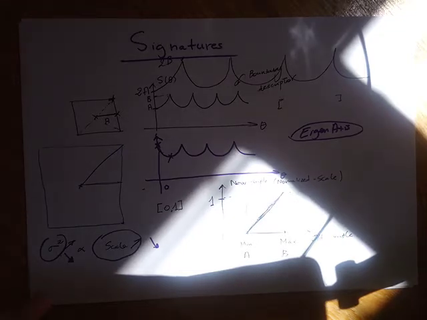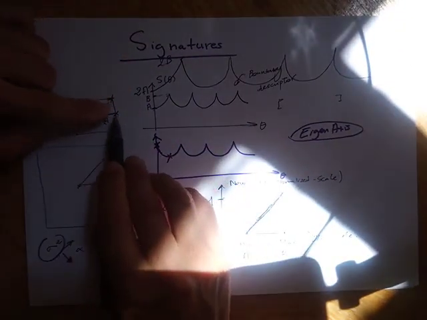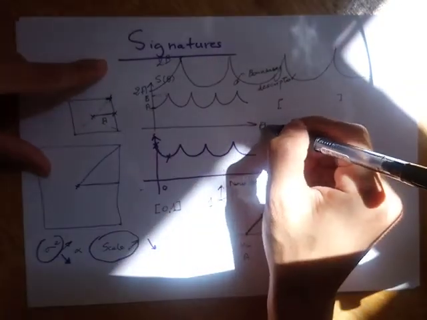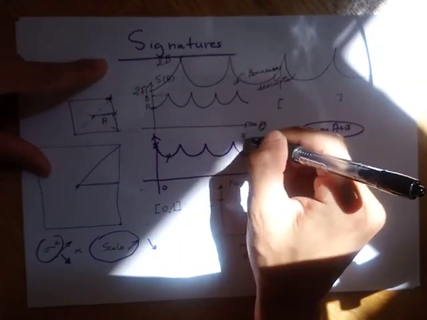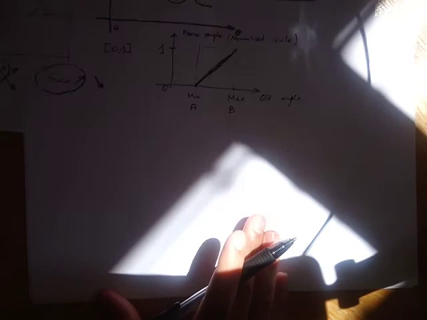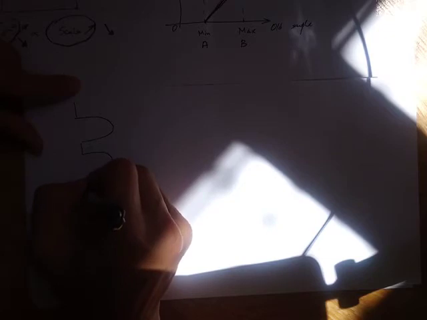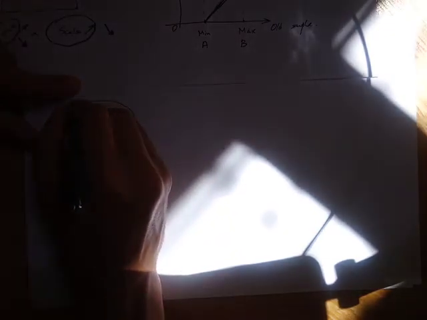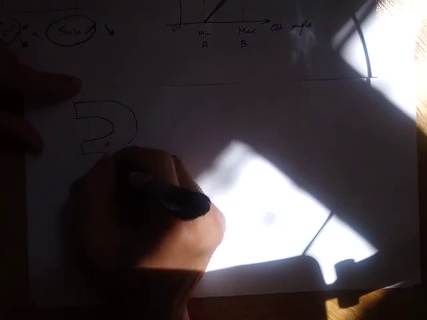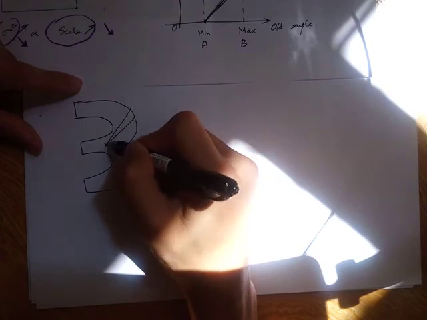So I want to talk now about another way to get the signatures. So this was the first way, and of course I said that we need to plot the distance from the center to the boundary and get a one-dimensional function that depends upon theta. So theta here is equal to 360 degrees. Well, what if I have some other shape like this one? Say I have, for example, a segment for the number 3. And say that this is the centroid. So what I would do is that I would plot this distance and then this distance and then this distance,